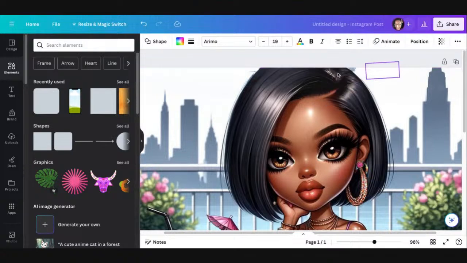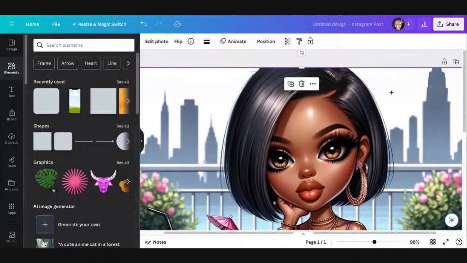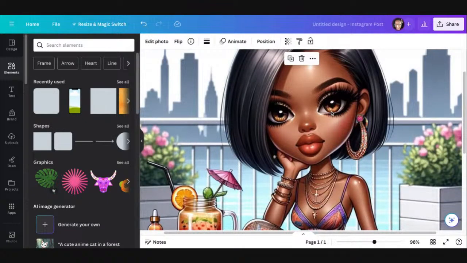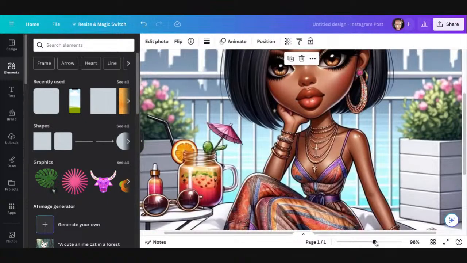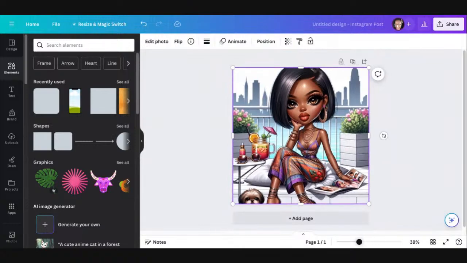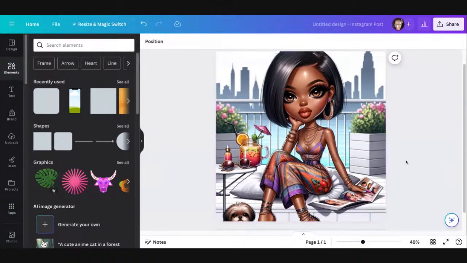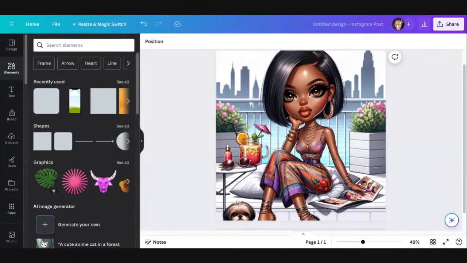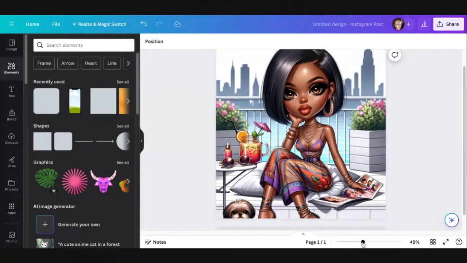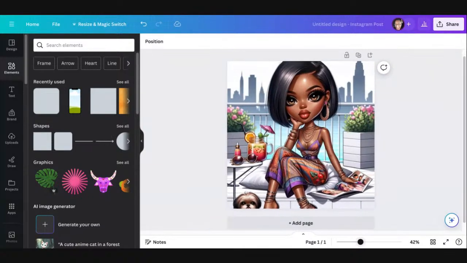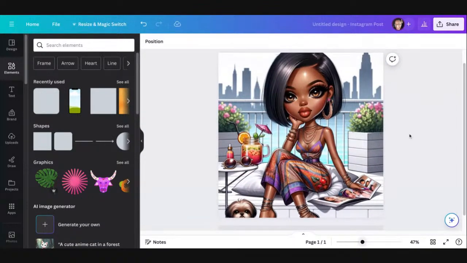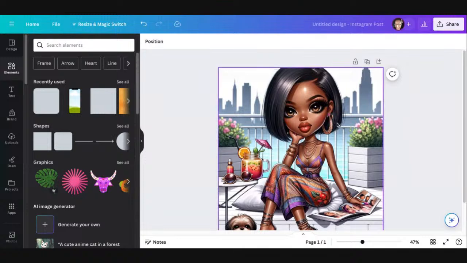So this is my trick. Like I said, I am not good at Procreate. I'm still learning. But those of you that are Procreate queens, yeah, y'all could probably take this and make it work. And actually, too, let me see. Oh, and Adobe Fresco. That's right. For my Adobe princesses and my Procreate queens, y'all got that. For the rest of us, we may have to take Canva and make it work. So that's what I kind of did as a workaround a little bit.